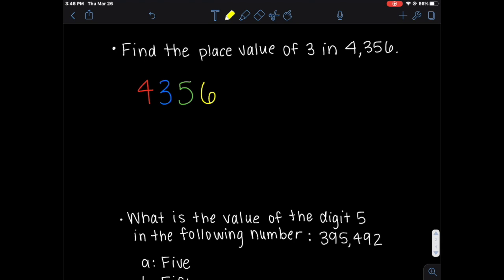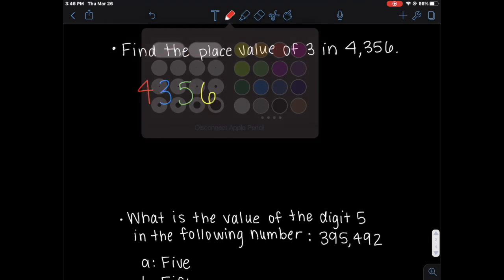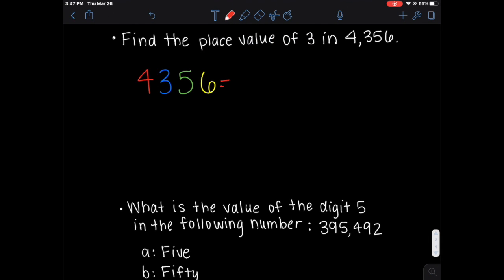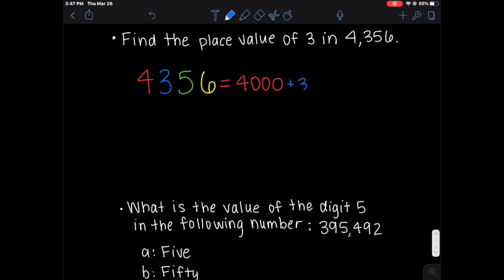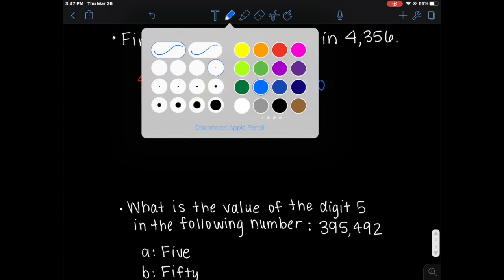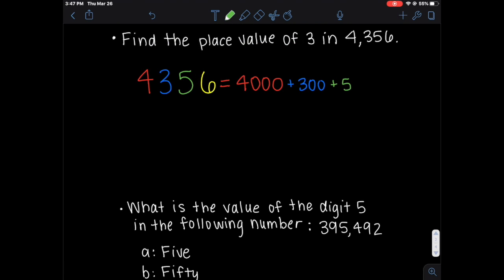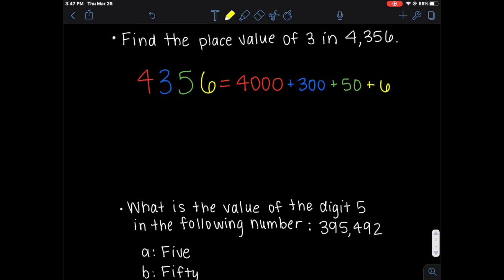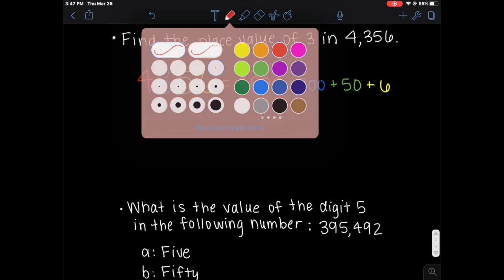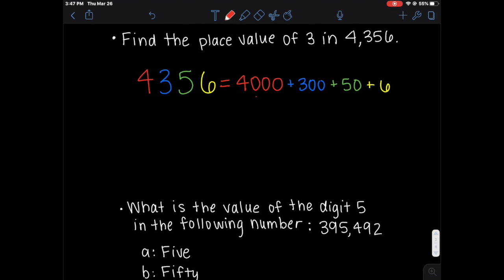Okay, so we need to determine the place value of the 3. Okay, so let's start with the 4. The 4 is in the thousands place value. Then we switch to the blue for the 3. The 3 is in the hundreds position. So there's 300. Green plus 50. And finally plus 6. Okay, and if we break that down even further, the 4,000 is 4